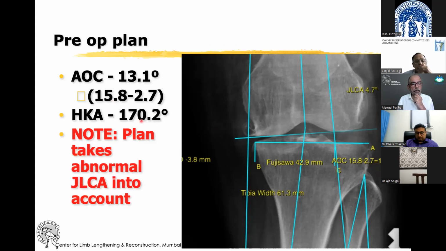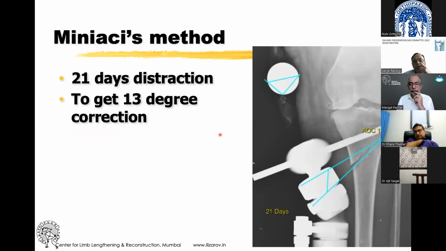Now, the HKA currently is 170. So to that, if I add 13 degrees, I get into the right range of about 183 degrees. So I'm taking this abnormal JLCA into account. And based on that, we plan